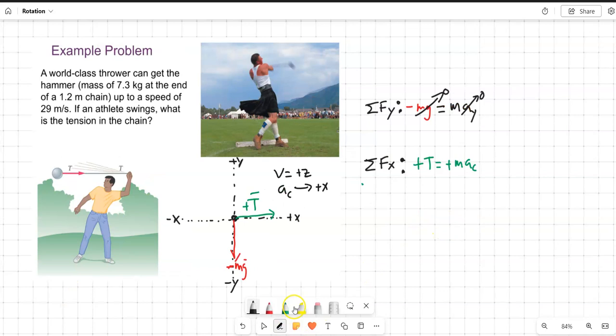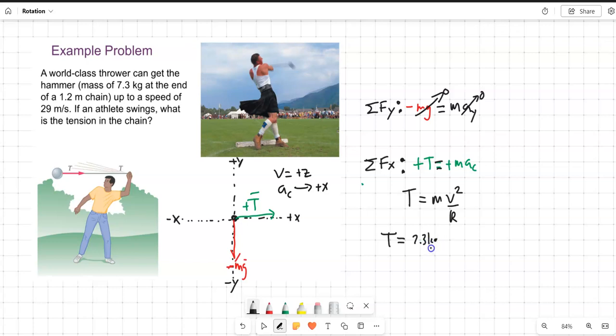So this is kind of a unique case where the actual forces in the y direction are not mattering. In this case, the tension force, which is pointed to the right, is equal to mass times the velocity squared over the radius. I'm going to use a capital R for the radius. So the tension in this string, which is what we're being asked to solve, is going to be equal to